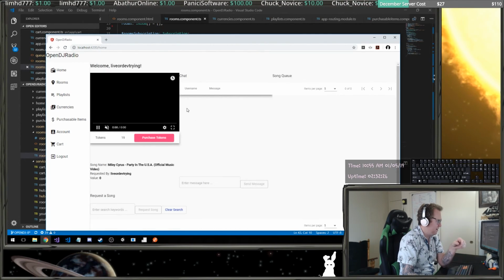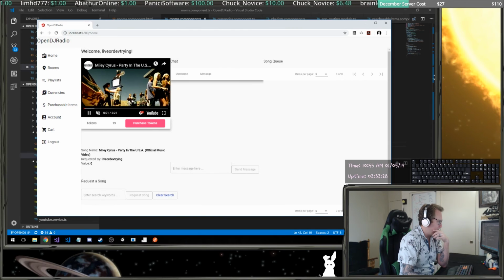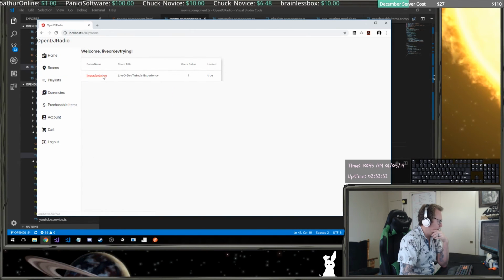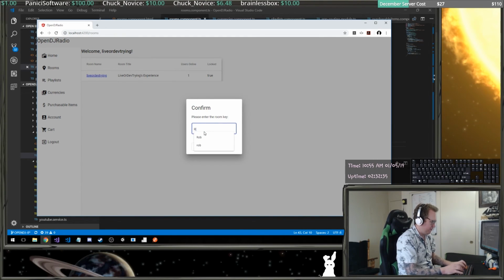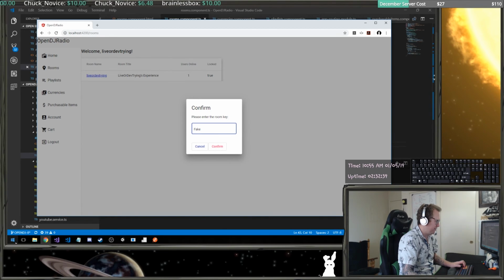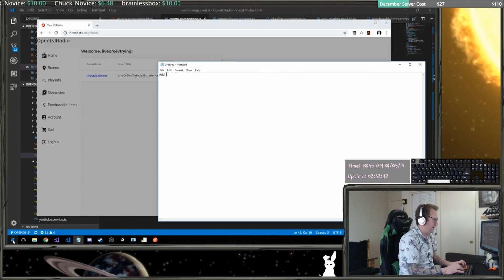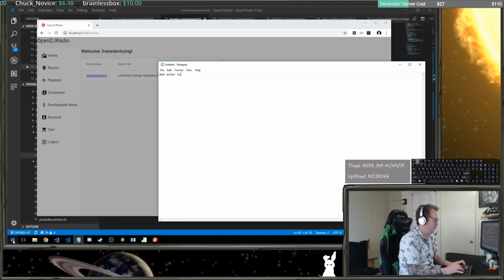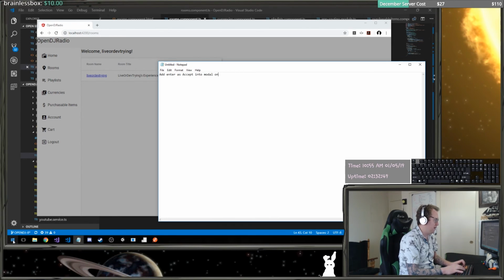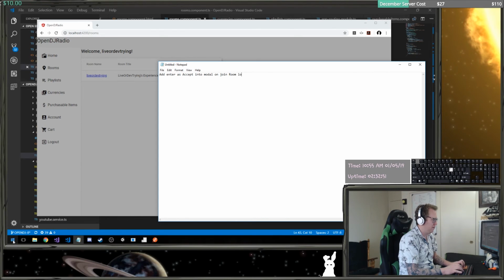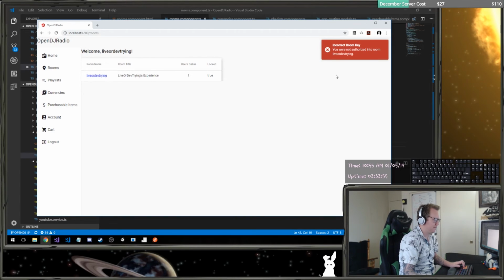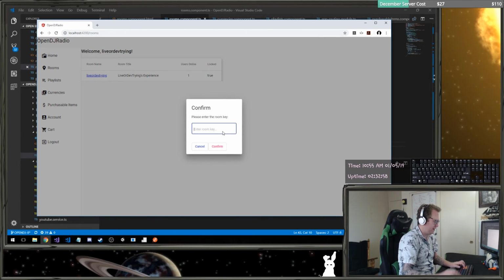Okay? It joined me into the room and it brought in my first song from my playlist. If I look at the rooms here, I can see that it's locked. I'll try to enter the room here and it'll fail. I have to add an enter command here, so let me add that to notepad: add enter as accept into modal on join room locked. That's just very, very fast. And we're going to do that. You are not authorized into the room, but if I get it correctly,